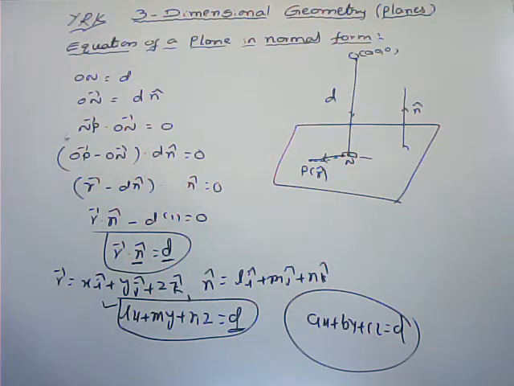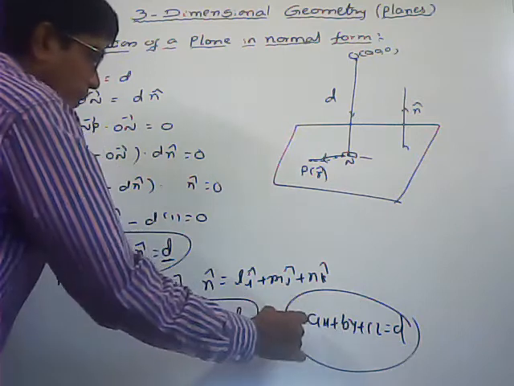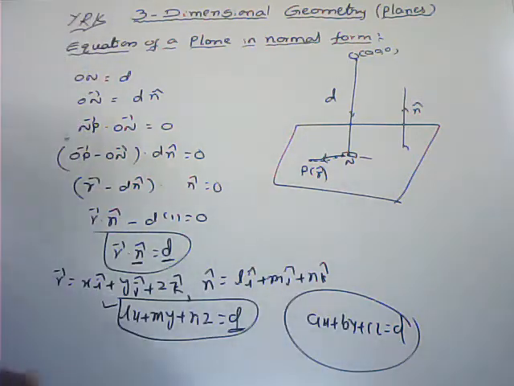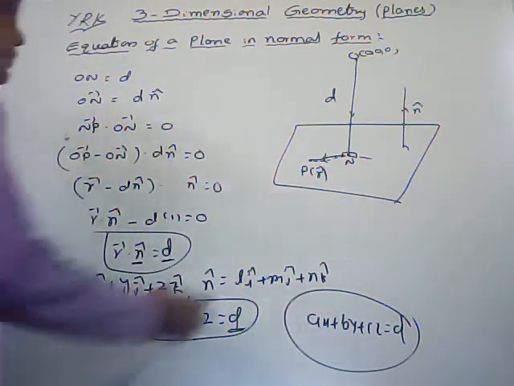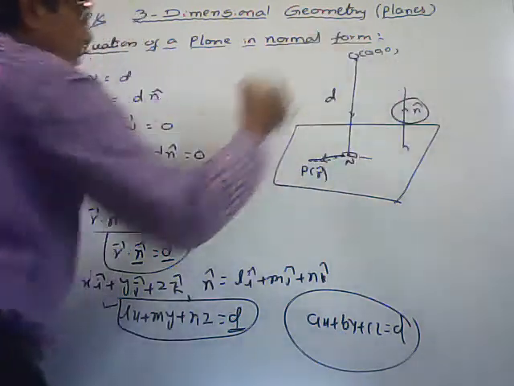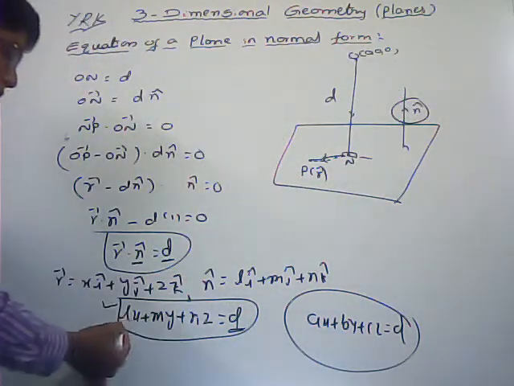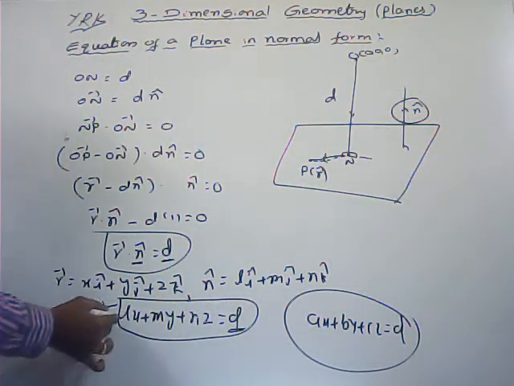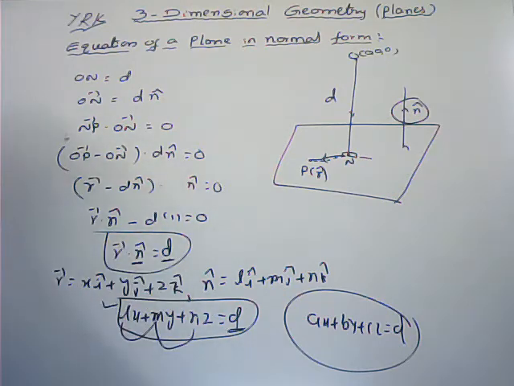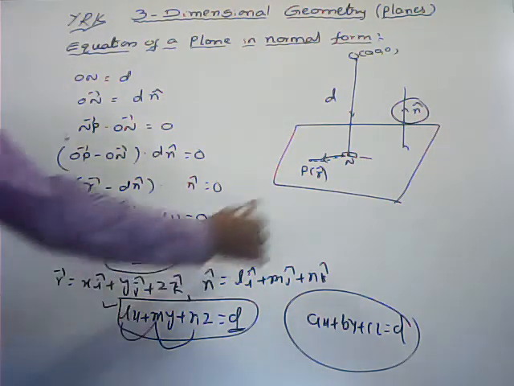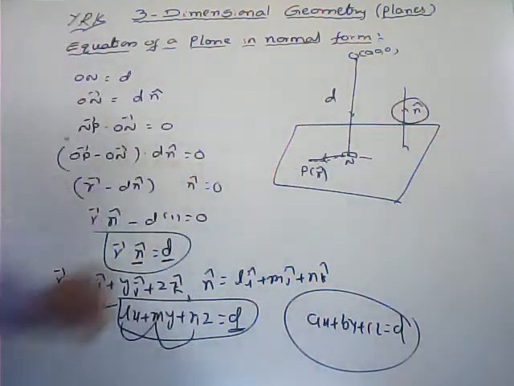That is the general form of the equation of the plane: ax plus by plus cz equals d. Here a, b, c we say... Here I have taken n cap, that is the normal unit vector. So after getting the equation of the plane, here you can see l, m, n. Those are the coefficients of x, y, z. Those are the DCs of that plane only, normal DCs only.